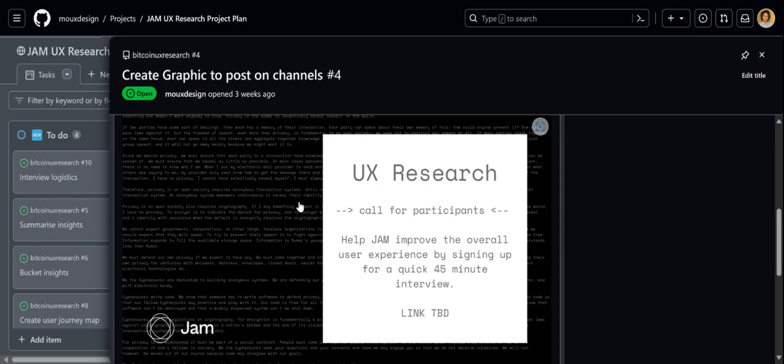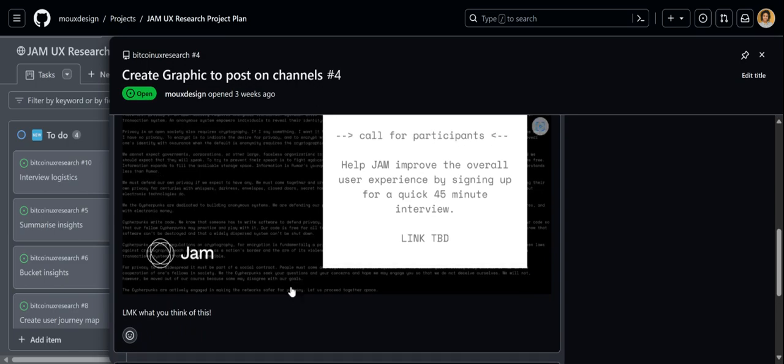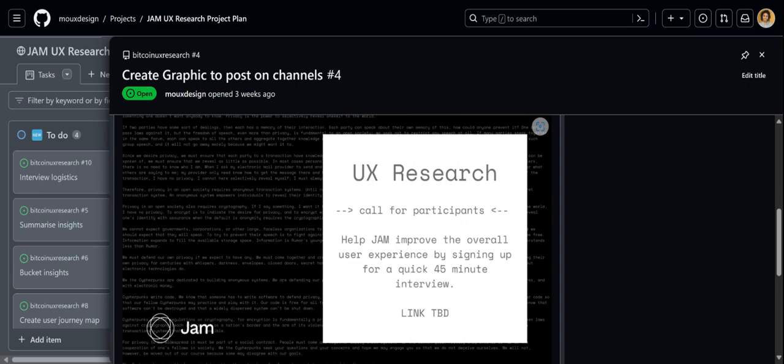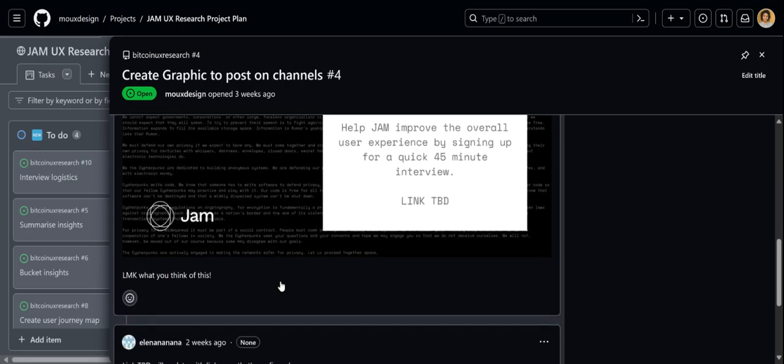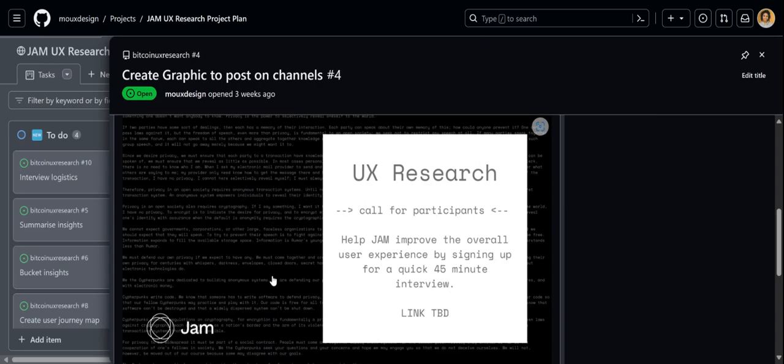So I thought it was a cool nod to that. And then depending on how, Eddie, you want to do the logistics for scheduling calls, that link can be a Calendly link, or it can just be an image, because if you're primarily going to recruit people from the Jam Telegram, then you don't need the hyperlink; it can just be added right afterwards. So you share the image and then you share the link. This was more for if you're going to do outreach on Twitter or stuff like that.